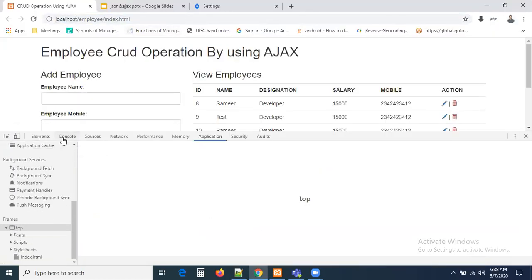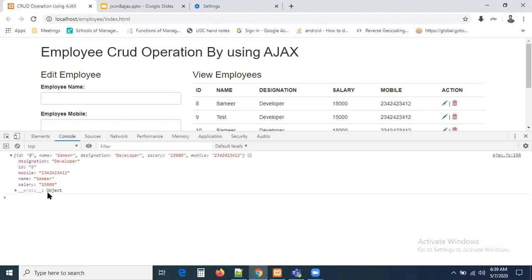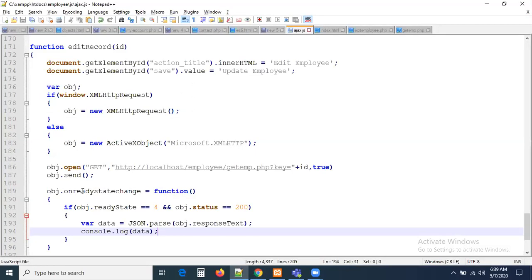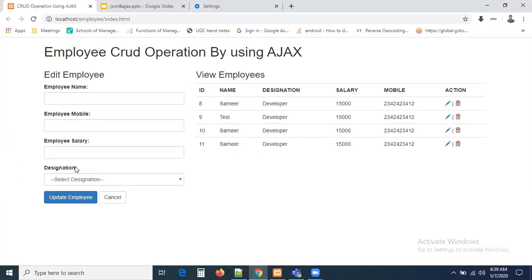Again, in the console.log, I'm printing. Click the record here. Can you see a record is there? The prototype of the record is an object. Earlier the record came to you in JSON format. Now we converted the JSON record into a JavaScript object. So now the data is here. Whatever data we have here should be bound to this form, guys. This is the form we have. So get the IDs of these form fields and assign the data to this form.